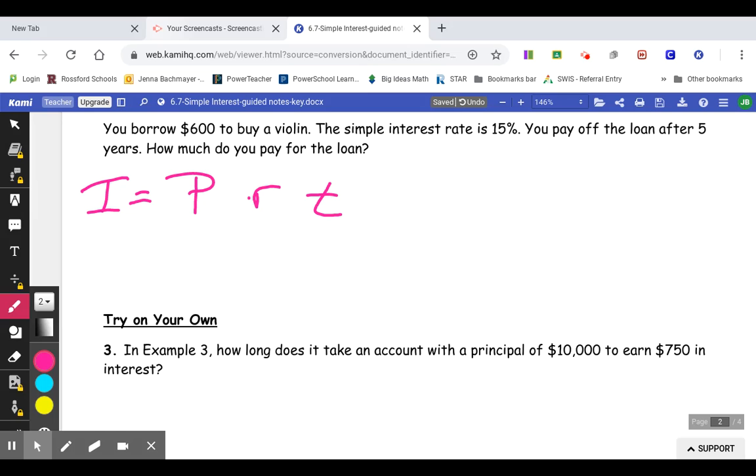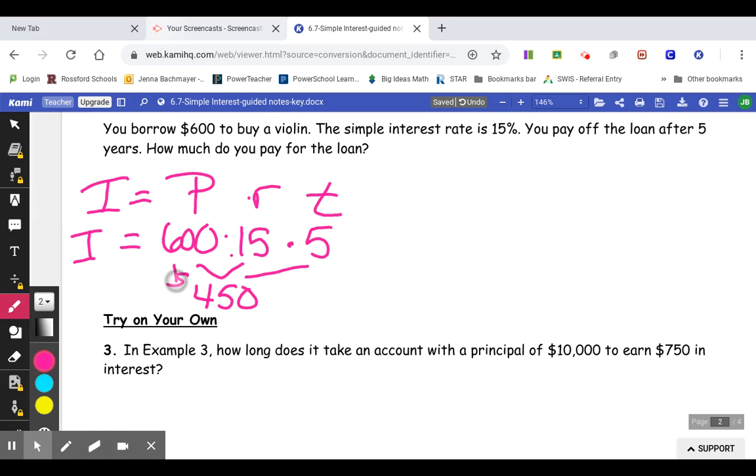Okay, so our principal is $600. Our rate is 15%, so times 0.15. And you pay off the loan after 5 years. So we want to find out how much we're going to pay for the loan. So our time is 5 years. So how much interest are we going to end up accruing? So when I multiply all 3 of these things together, I get